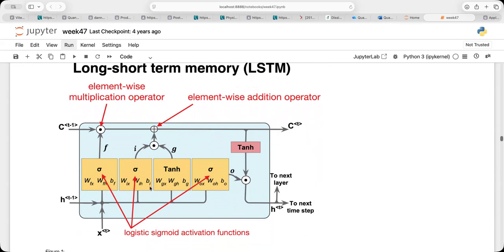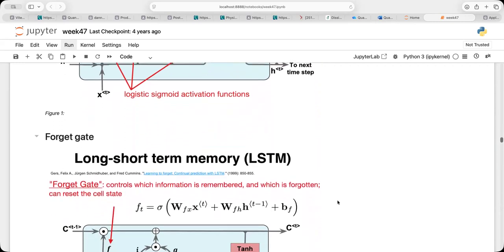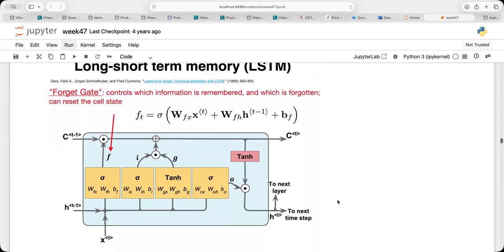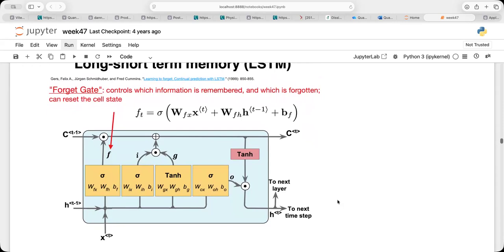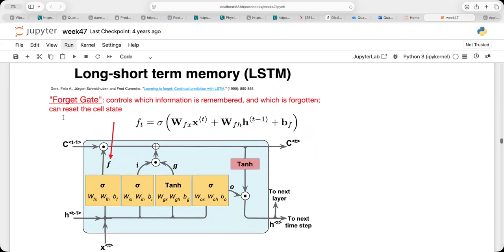And the standard choice for the activation functions, and you see the weights and biases, which are parameters you need to train, is that they are typically given by either sigmoids or tanh functions. So as I said, the forget gate controls which information is remembered and which is forgotten, and that can reset the cell state, as we discussed earlier.